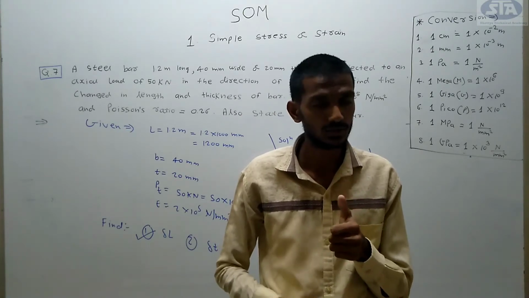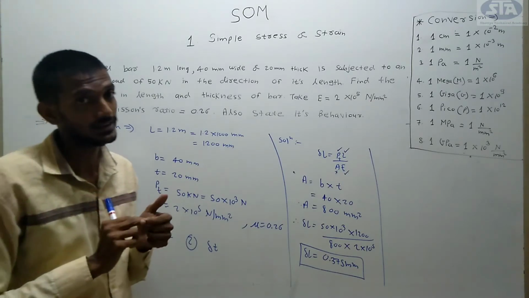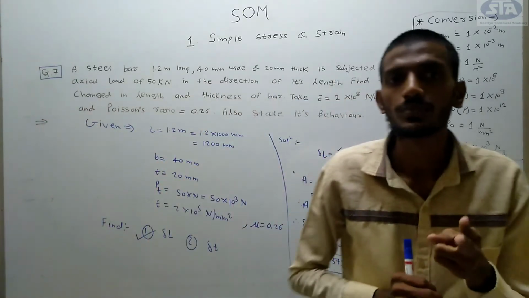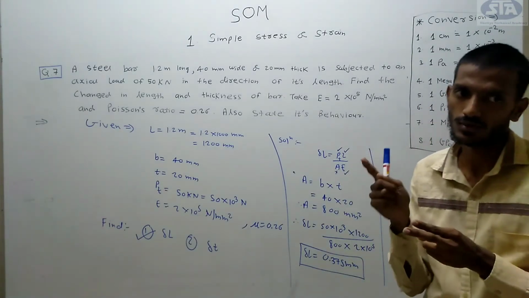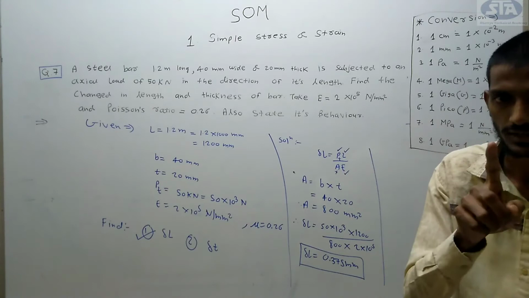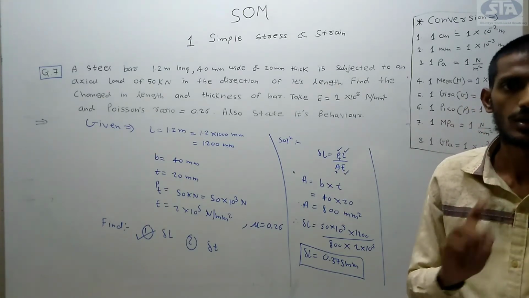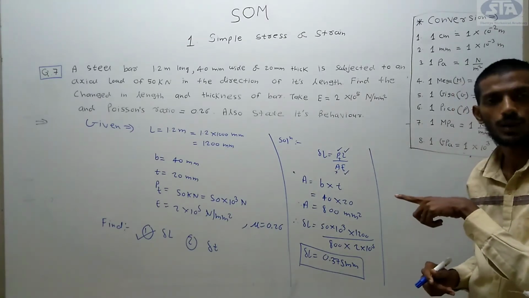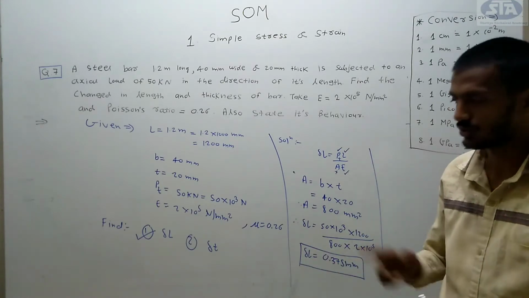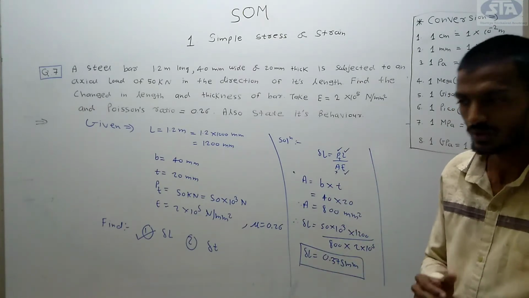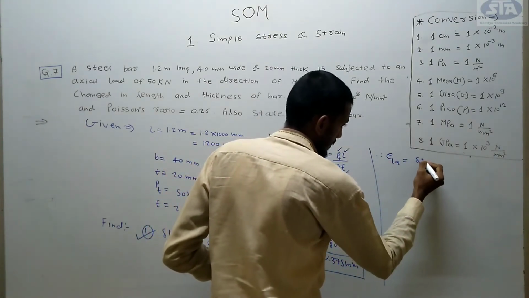Linear strain is related to the change in length, that is, length related changes occur. Lateral strain, in that two parts will occur, for rectangle and for circle. For rectangle, change in thickness upon original thickness, or change in width upon original width. So now here is the rectangle part, and we have to calculate the change in thickness, so we go for the rectangle part.